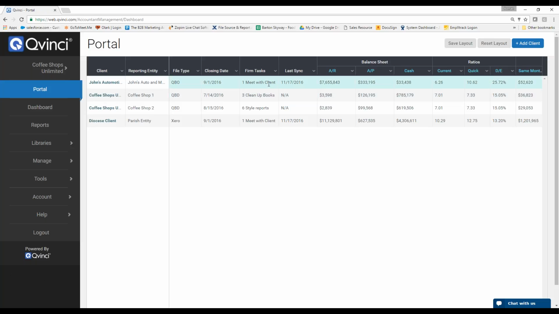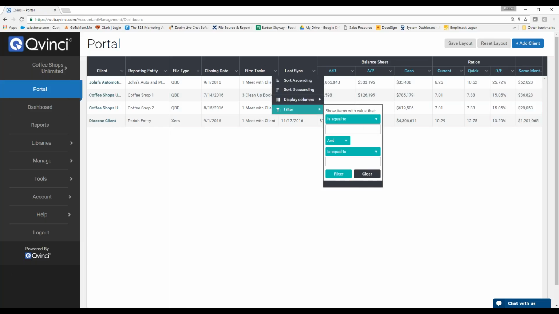And the idea is to build that activity list and to really simplify the communication and collaboration within your team so that everybody knows where everyone else is, for lack of a better way of putting it. So in the example I gave you earlier, I said, what if my sole job is to meet with clients? And I needed to figure out of my list of 50 clients which ones need my attention right now. Well, I can come up here and drop a filter in and simply say,